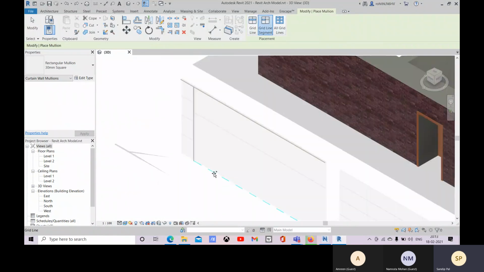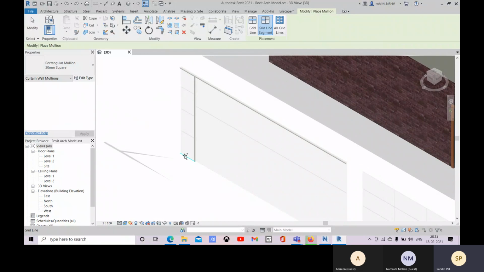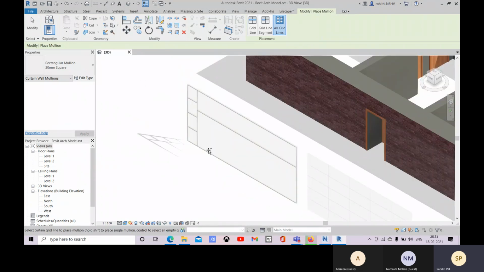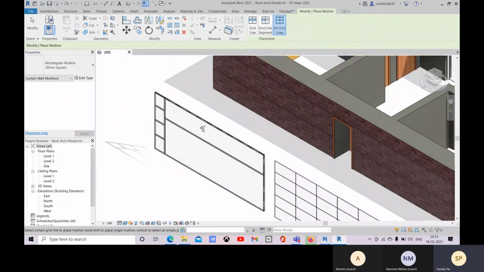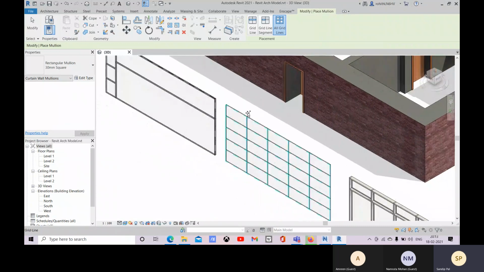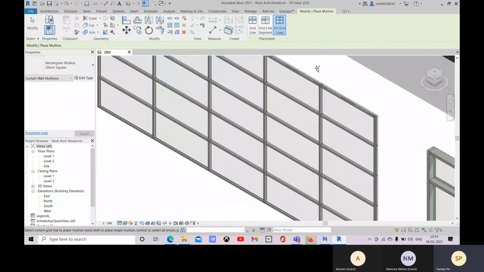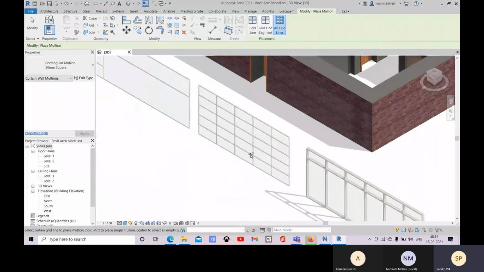If you choose this, the segment will be filled. And if you go with all grid lines, all the grid lines will be filled with one click. Let me show you this one. See.